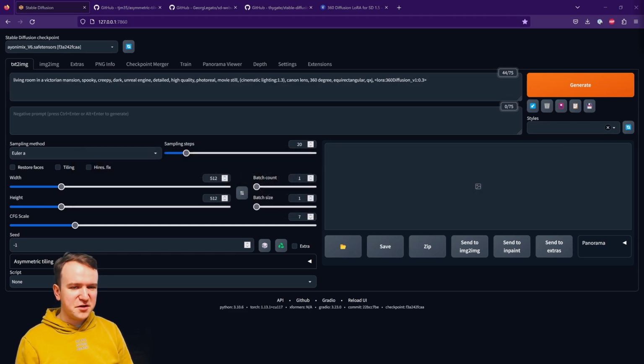As a negative prompt, I'm going to do something pretty standard. There's nothing special to do here, so I'm pasting that in there. Just that it's not blurry, it's not duplicating or cloning anything. I don't want any people or animals in there because they're going to look weird. But that's basically it for the prompt.